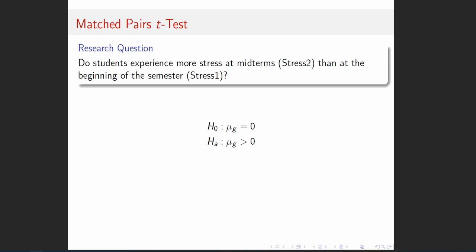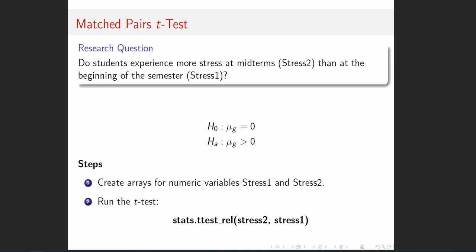We're looking at the personality data set, and stress 1 and stress 2 are the same measure, but one was taken in the second week of the semester and the other was taken during the height of midterms. So we would think that maybe there was higher stress, right? That's why mu sub g equals 0. I always use mu sub g for gain scores. Why? Because we always do post minus pre to see if students gained on whatever, because a lot of times we're measuring a training to see if the training developed benefits, right? If we're doing some training on how to shoot free throws, you'd want your free throw percentage to go up